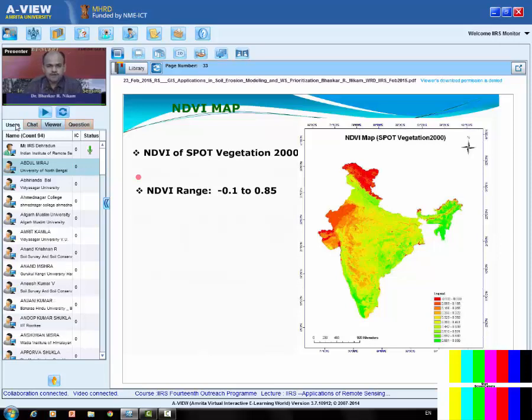So if I take the vegetation condition of a particular season, it will not be the true condition for the other seasons. In summer there will be very little vegetative cover, whereas in the rainy season the vegetative cover will be very thick. So if I take the vegetative cover of the rainy season, it will not represent the actual vegetation condition in the summer season. So instead of taking the vegetative condition of a single season,